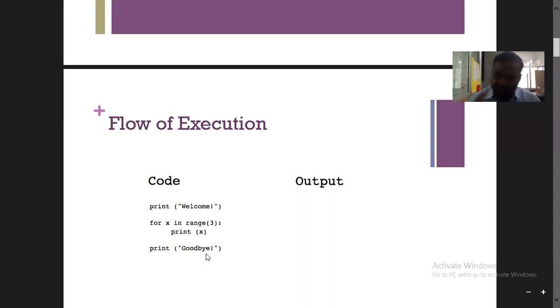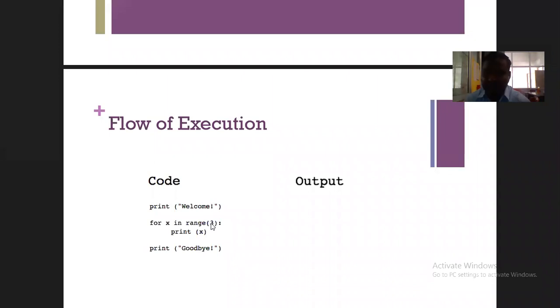See, anybody tell me what is the output? Be careful. What is the output? You know that range of 3 means that the default starting value is 0, the last value is 3, and the increment, that is the step, is 1. So it takes values from the starting value to one less than the end value. x is the iterable variable. It iterates the range.